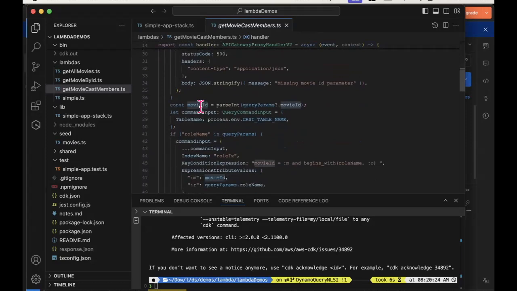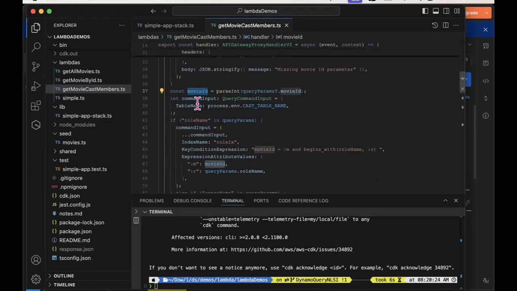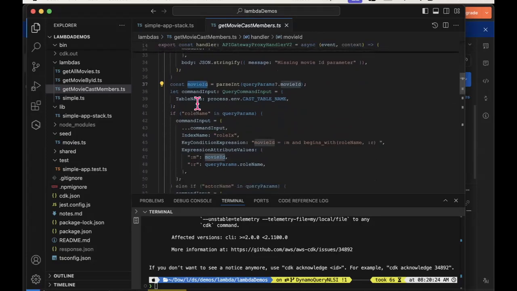Finally, I now know that there is going to be a movie ID, so I just grab that from the query string. So that variable is going to have, in my case, for example, 1, 2, 3, 4. And then, let's see, what am I doing here? Oh yeah, I'm setting up the command object that I'm going to be sending to